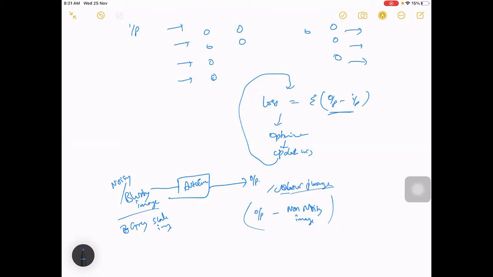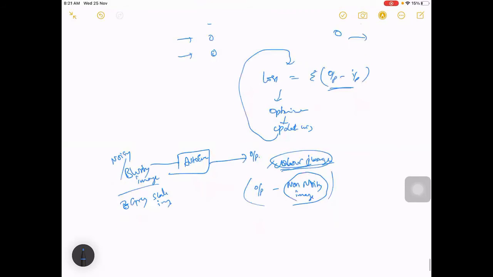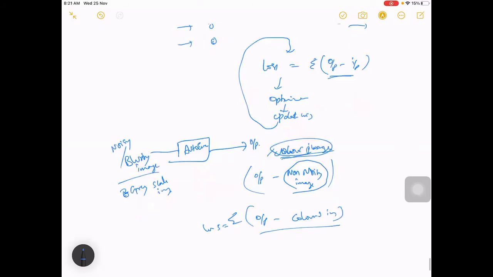In case of your output image, you take the output minus the colored image, and take this as a loss function. Then you actually train your model so that your grayscale image gets converted into a colored image. Meaning if you have some older black and white photo and you pass it to this model, it will make it a colored photo.